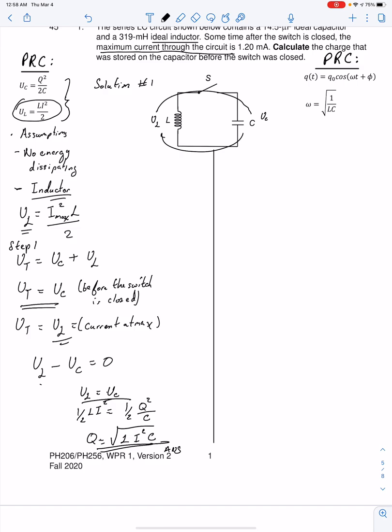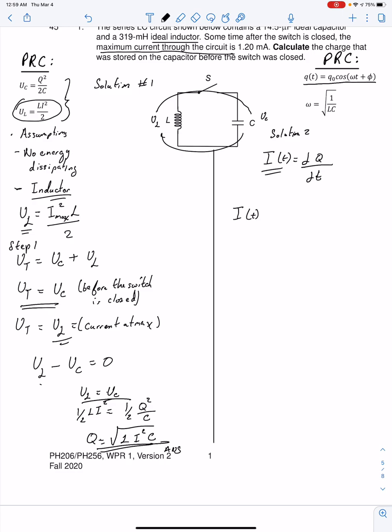And solution 2 is thanks to Maggie, because Maggie brought this one out. Solution 2. This is the equation for charge when there is an AC circuit, when there's an oscillating current. And because that is the equation, we can also find out current if we derive the equation for charge. Now I know, my goodness, deriving charge with respect to time. That sucks, right? But if you are able to derive it,